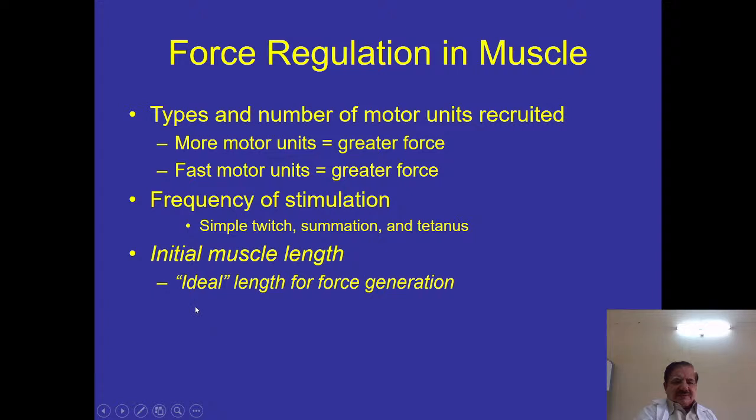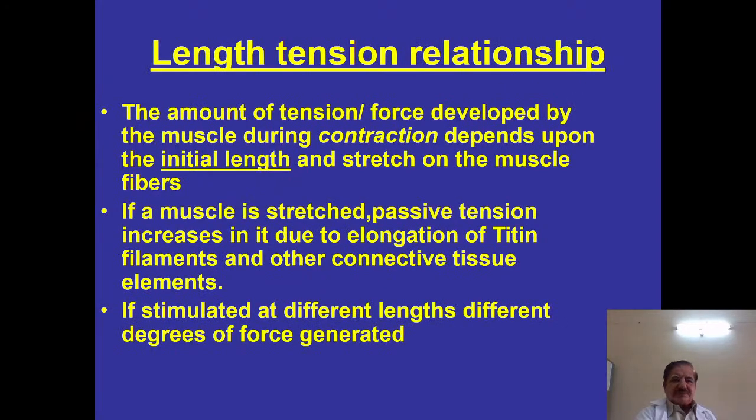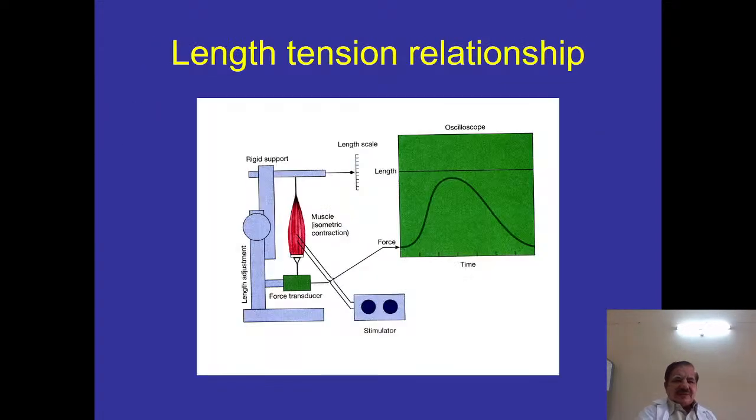Initial length of the muscle. Starling said that if the initial length of the muscle fiber is increased, force of the contraction increases. But nowadays some changes have also come. So Starling's law, what we used to read, is that if the initial length of the muscle fiber is increased, force of the contraction is increased. Now, the length-tension